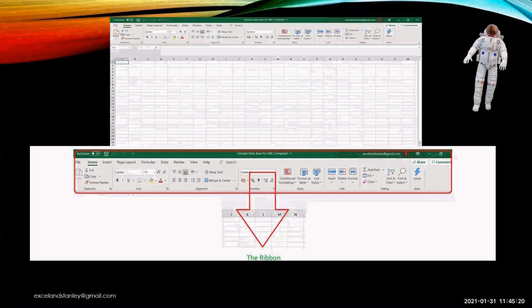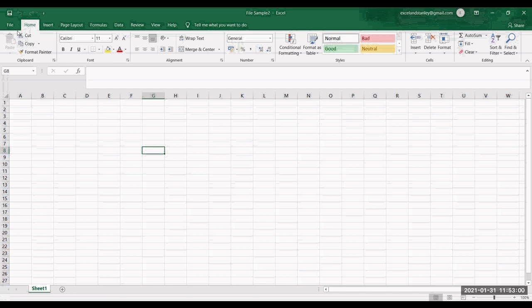Let's define the term ribbon. Ribbon is the field that contains tabs and icons at the top of Excel. It contains tabs such as Home, Insert, Page Layout, Formulas, Data, Review, View, and Help.